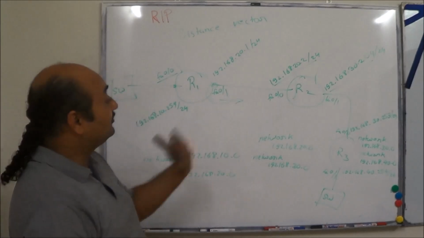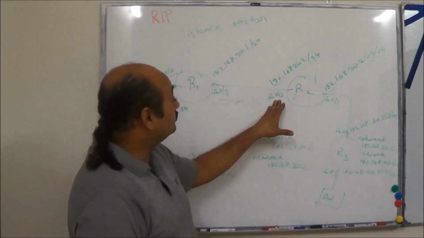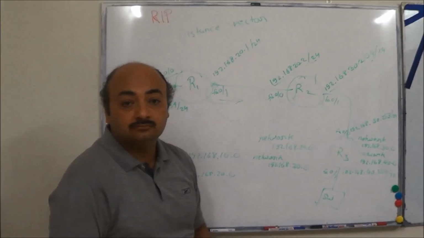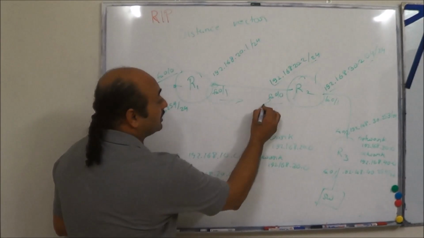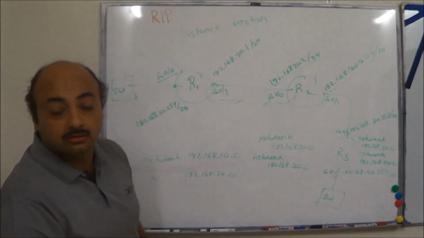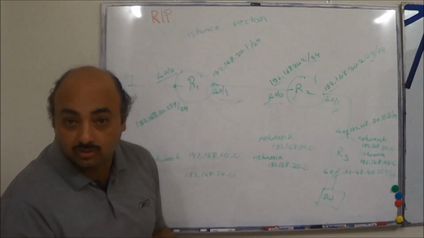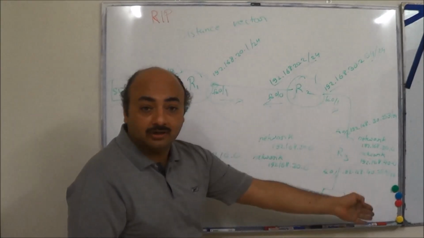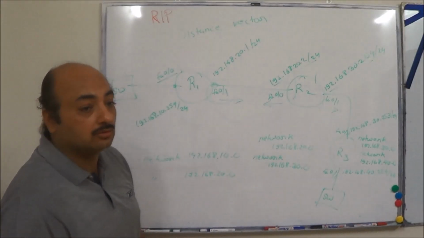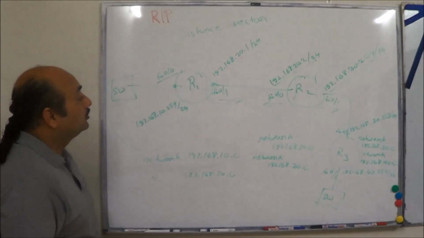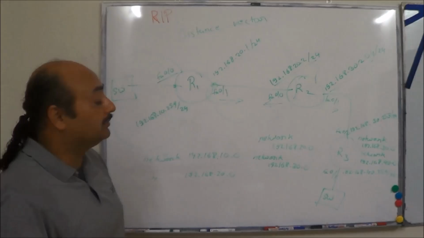Okay. Now you will further appreciate this on R2. R2 already knew 20 and 30. It will say 10 in this direction, hop count 1, and 40 in this direction, with a hop count of 1. Understand? This is where the significance comes in. So this is one part. We'll have a look at this in a bit.